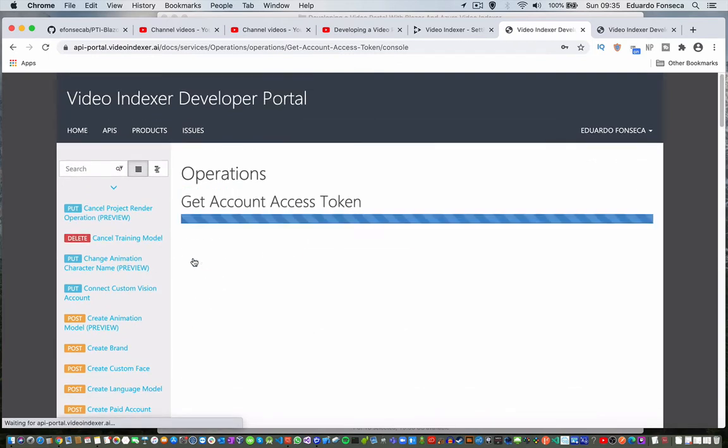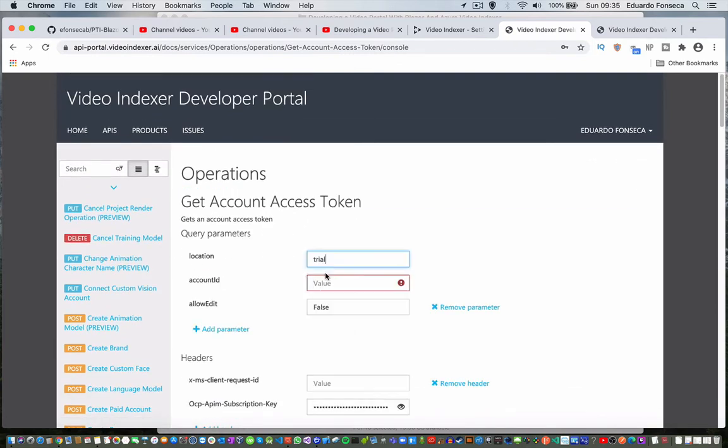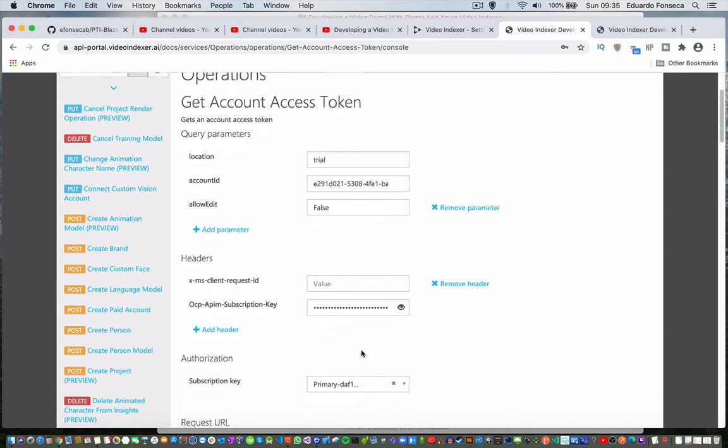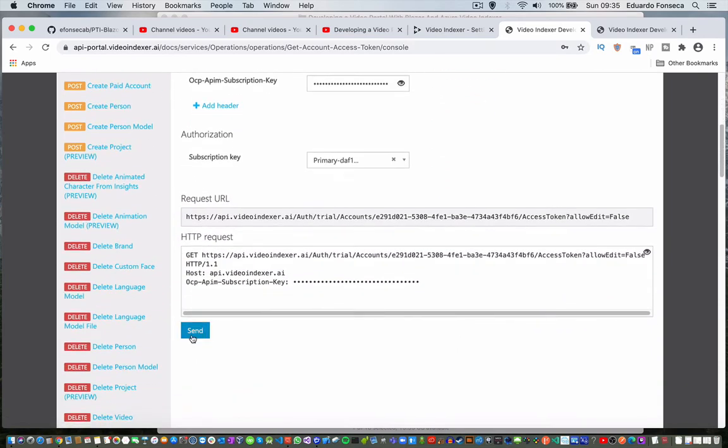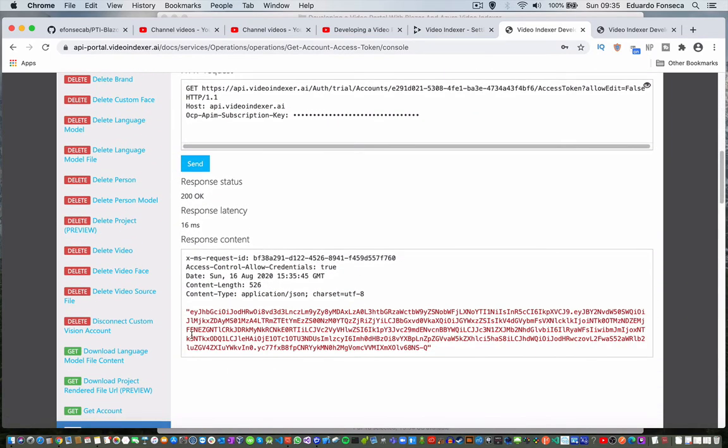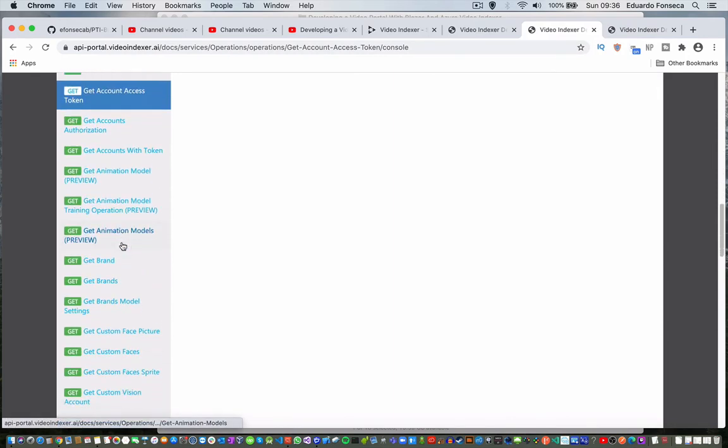We hit try in here. We select trial. We copy the account. In this case, let's say that we are not going to allow edit. And the subscription key is going to be the subscription key. We hit send, and you see that now we have the access token. So this is how we get the access token. That's the access token that we are actually going to be using in the